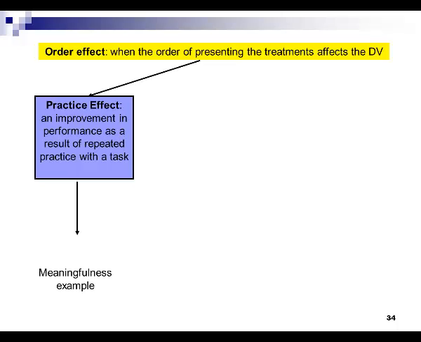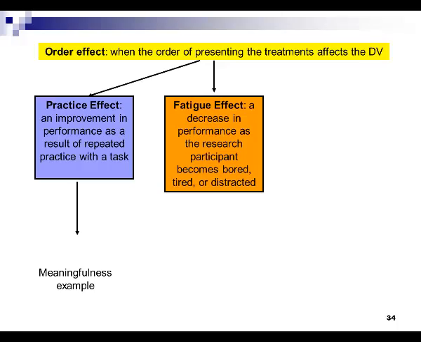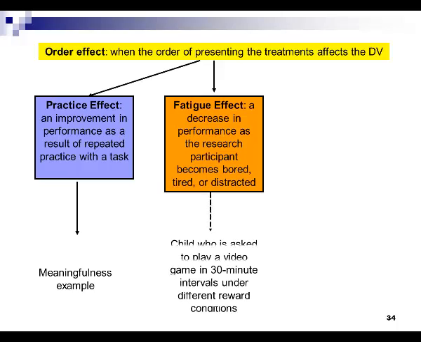And so because of the fact that people were exposed to the task again and again, they might have gotten better because of practice. Then there's something that we call a fatigue effect, and this is where you see a decrease in performance because the participant is repeatedly exposed to different levels of the independent variable, and because of that they become bored, tired, or distracted. A good example of this is someone who's asked to play a video game in 30-minute intervals for several hours